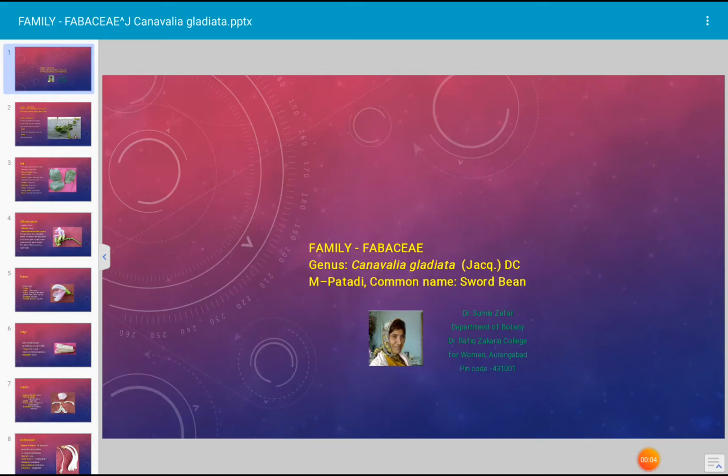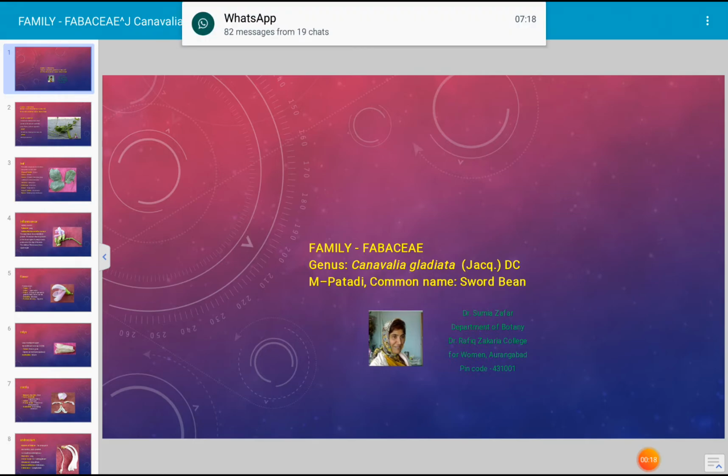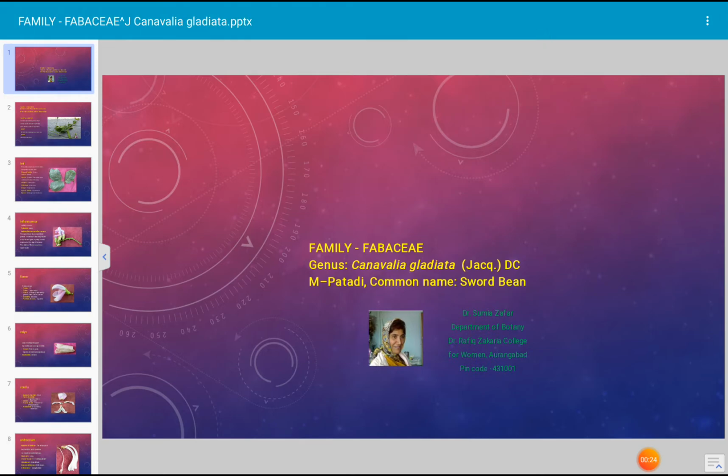Today's topic for discussion is the description of a specific plant, that is Canavalia gladiata. This plant is commonly known as sword bean and it is a member of family Fabaceae. It is a vigorously growing, deep-rooted, annual to perennial climbing plant. It is commonly called sword bean, as I told you, and it is commonly grown as a vegetable crop